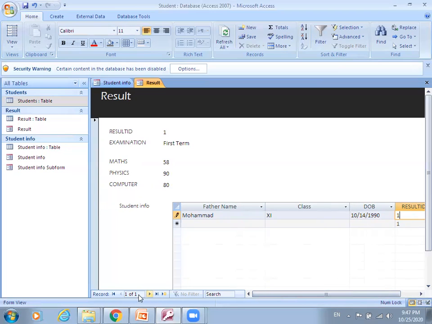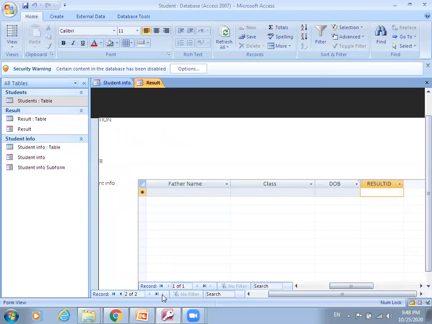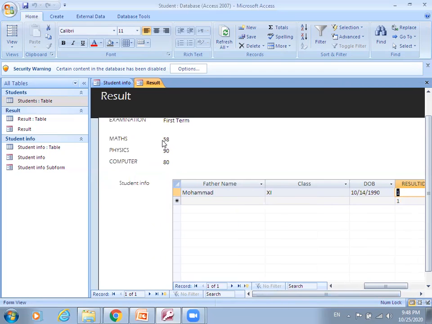So this is the first record, and if you want to create a new record, click the new button. Here we have a new record button that contains the asterisk on the toolbar at the bottom of the form window. So by pressing this asterisk, you can add a new record. Modifying a record: to modify data of a record in a form, first display that record. Go there, and from the navigation toolbar buttons you can move to that specific record. Then you can make the changes in the record according to your requirement.